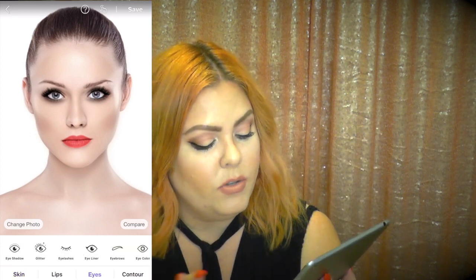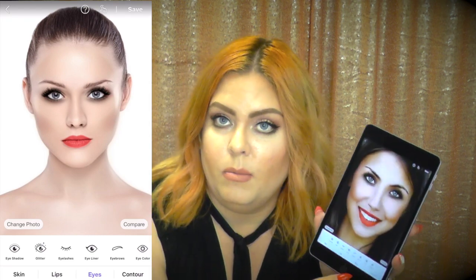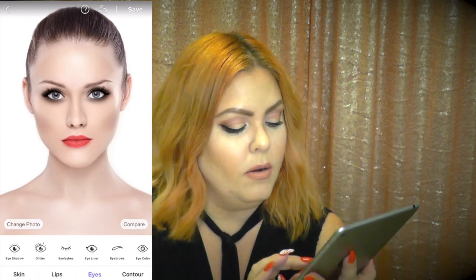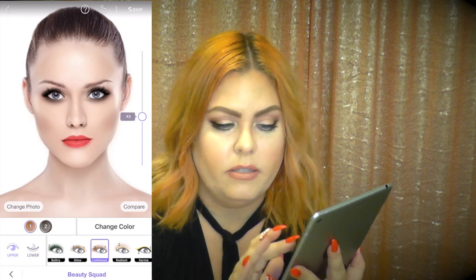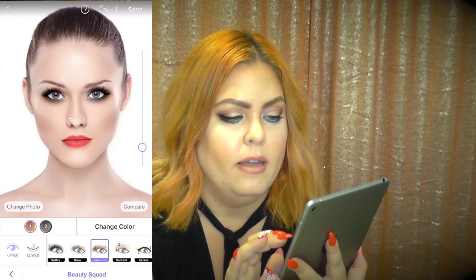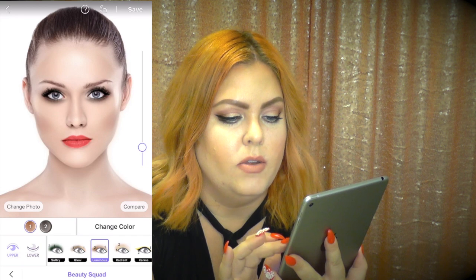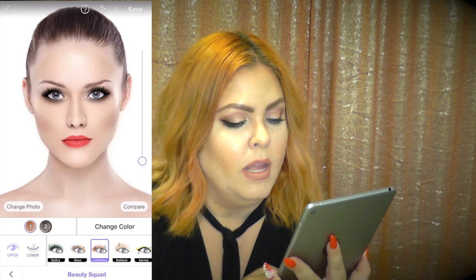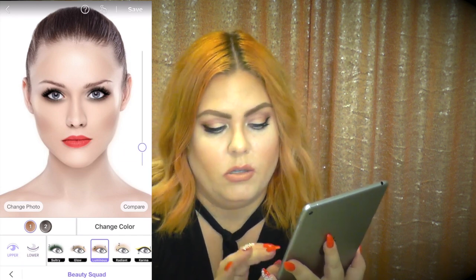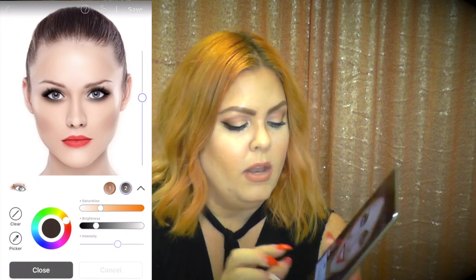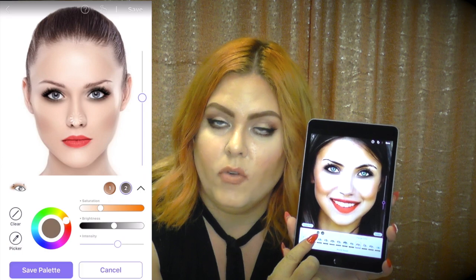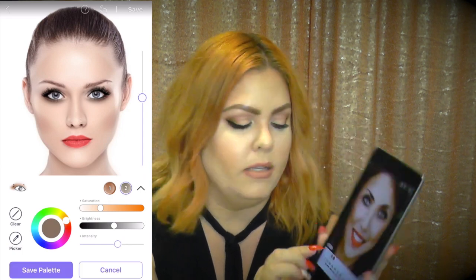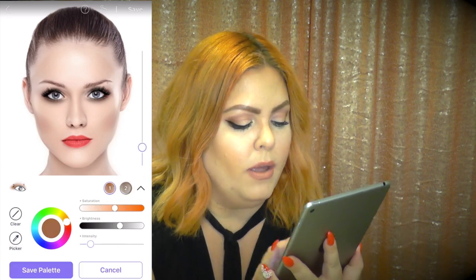So what I can go ahead and do is tap on the eyes tab down here, tap on eyeshadow, and we can take the intensity bar on the right and lower that so that it looks lighter. Now these colors might be too dark, so if the color is the problem, you're going to go ahead and tap on the 2 little buttons here that represent the colors in the palette. So I'm going to tap on number 1 first,